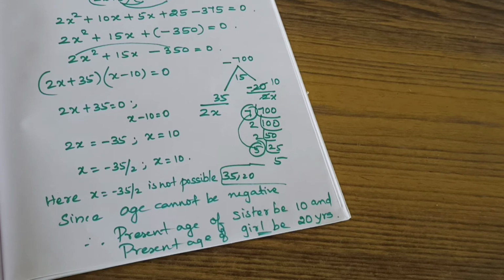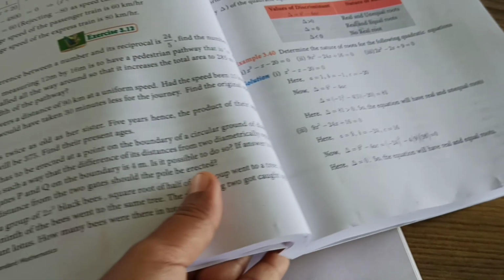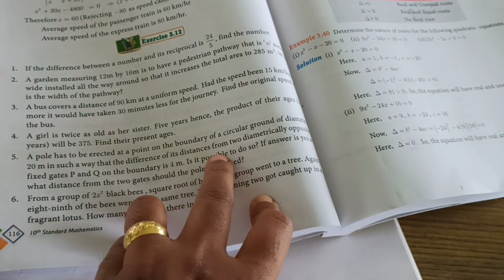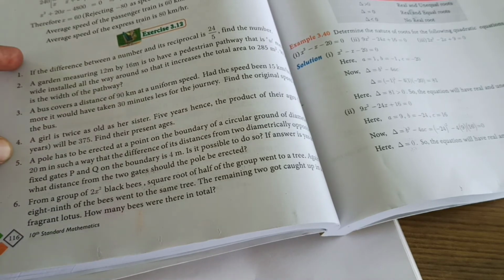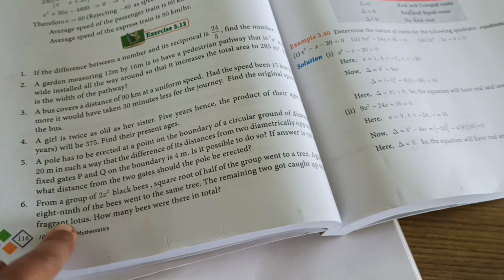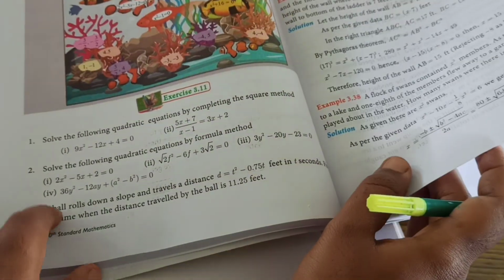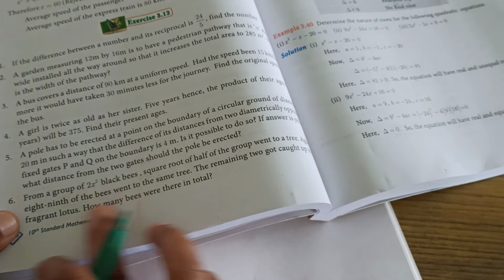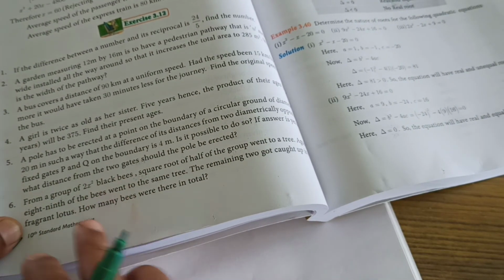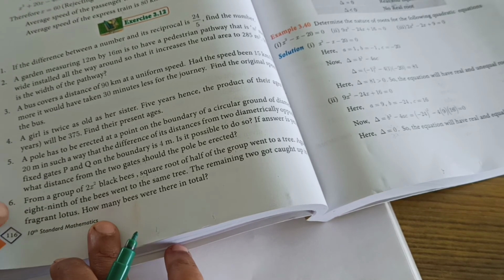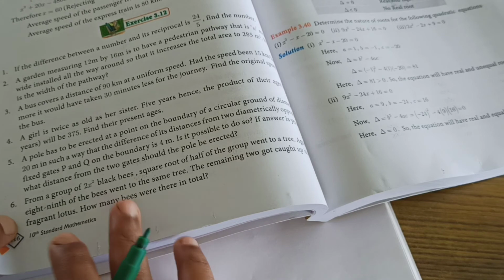Okay. Then see the homework problem, 6th question. The 5th question in the next class we can solve. So before that, this one class only we need to do. 4 questions we completed. Okay. 6th question, it's your work. You are going to do it, because it is likewise this problem, the swan problem, no? A flock of swans contains x square members, like the same model. Here is the black bees problem. So I will give a slight hint, and based on the hint you need to solve. The 6th question, mark everyone, this is a homework problem.